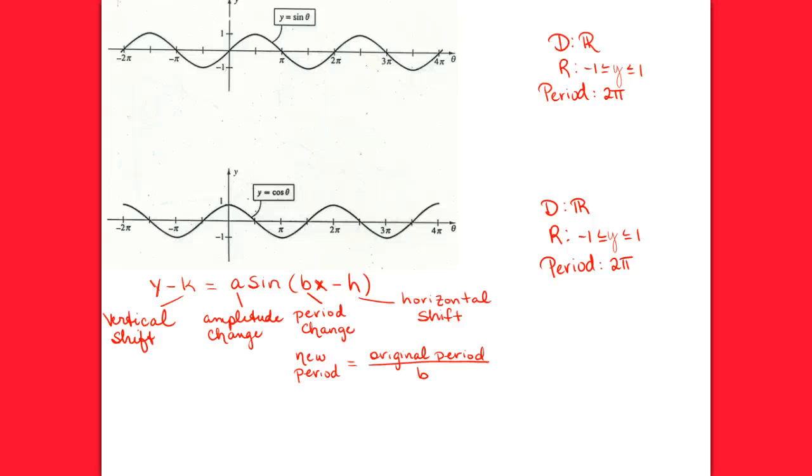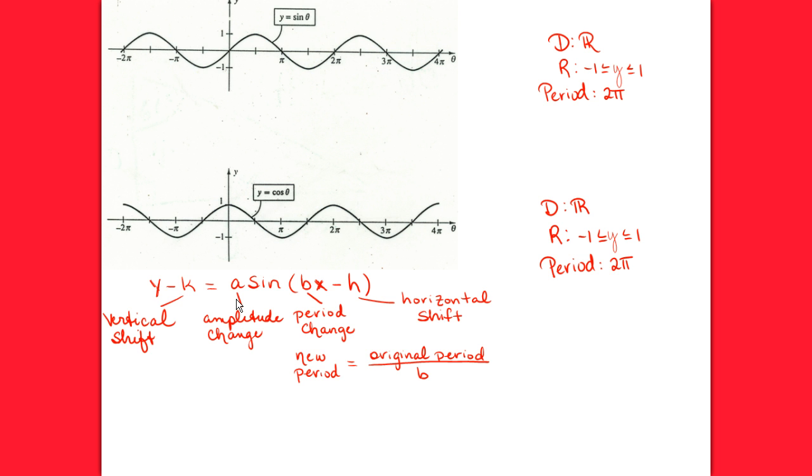We've already covered the idea of horizontal and vertical shifts in Appendix C when we were looking at our second degree equations. We said that any value subtracted from y is a vertical shift and any value subtracted from x is a horizontal shift. But there are several other things that we see here. If you have a number out in front of a function, it's going to change the amplitude. That's the highs and the